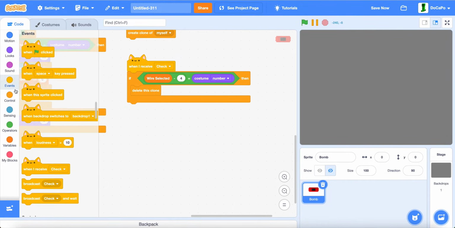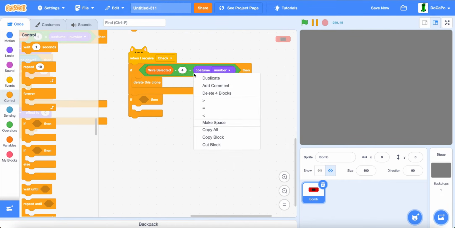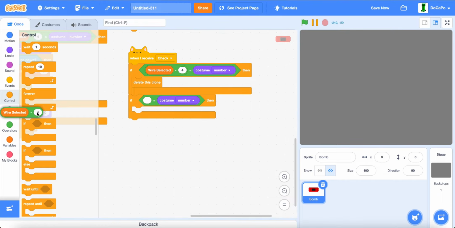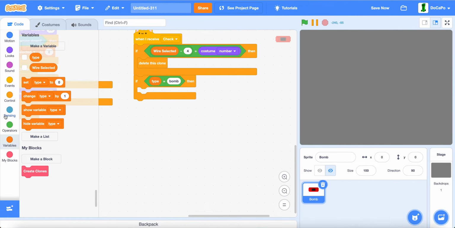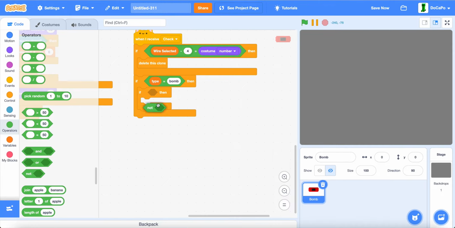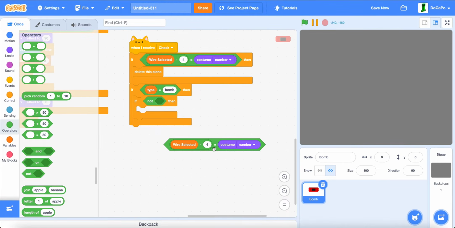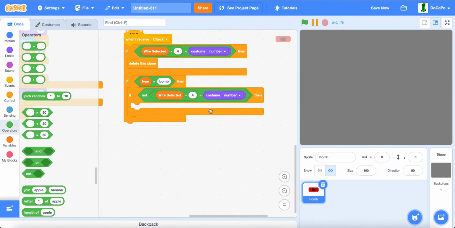Then another if, then type equals bomb, and then another if not wire selected subtracted by 4 equals costume number, then